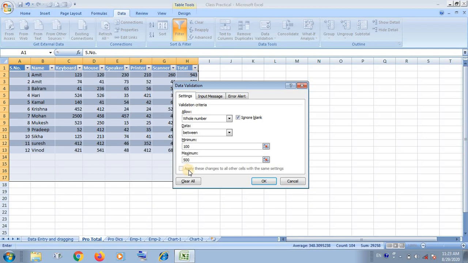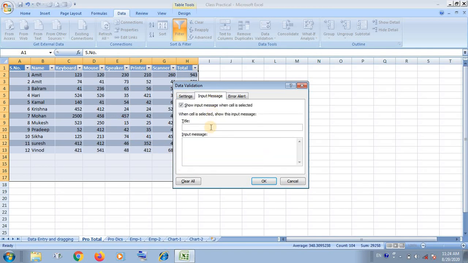You are looking here at the option to apply the changes to all other cells with the same setting. If you want to tick this, you have to release the selection, then you can apply it. Now first is the input message, which will show to the user before the input.